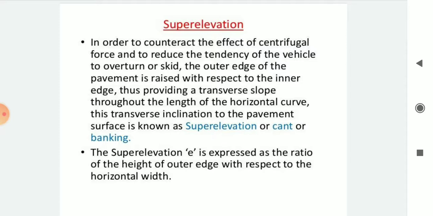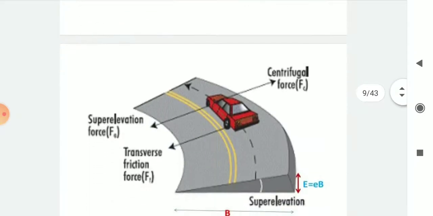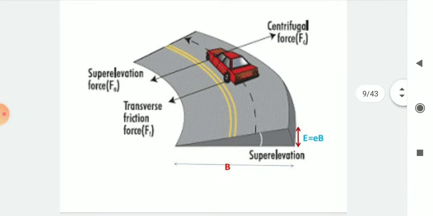For what? To avoid the overturn or skid, to avoid the accidents. We are providing super elevation or cant or banking to the pavement surface. The super elevation E is expressed as the ratio of the height of outer edge with respect to the horizontal width. Here you can see in the figure super elevation force, transverse friction force, super elevation, and centrifugal force have been shown, and